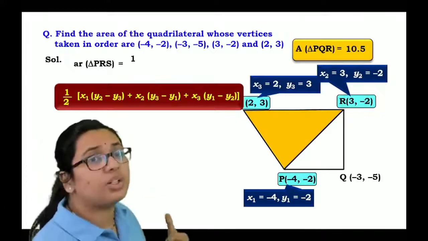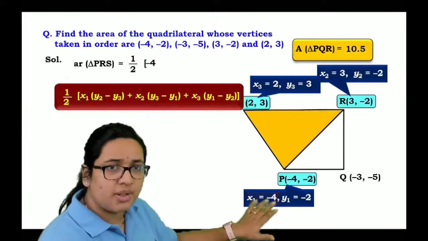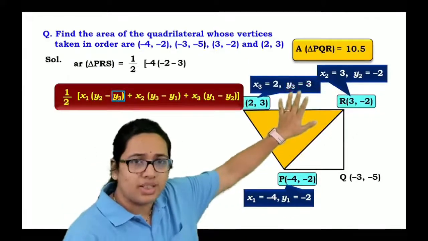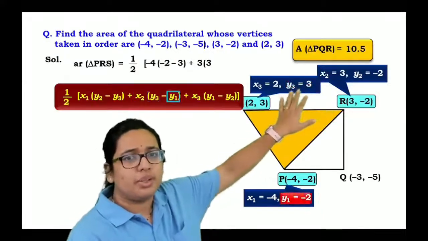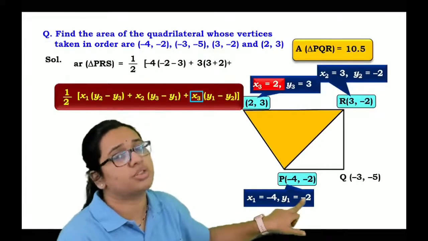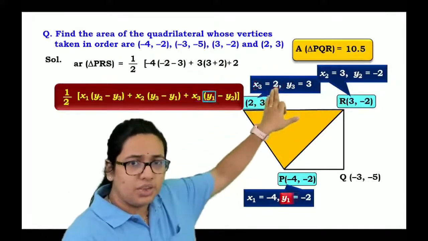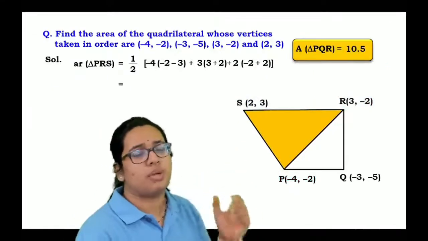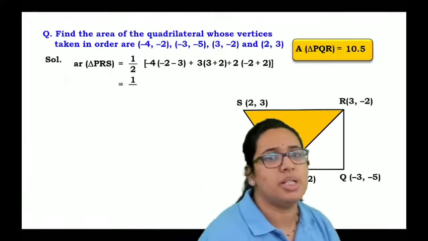Hence, for finding the area of the triangle PRS, it is half into x1 into the bracket y2 minus y3, plus x2 into the bracket y3 minus y1 (here y1 is -1). So remember that minus of -2 will give us the answer +2, plus x3 into the bracket y1 minus y2, which is -1 minus (-2). So minus of -2 becomes +2. Hence the answer will be half of